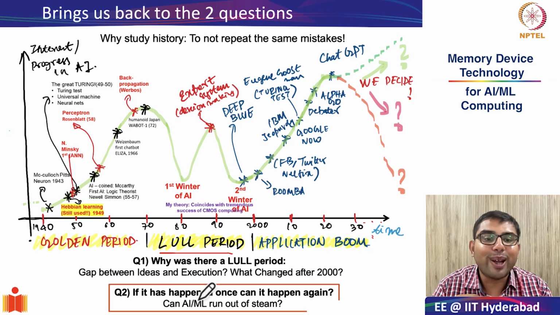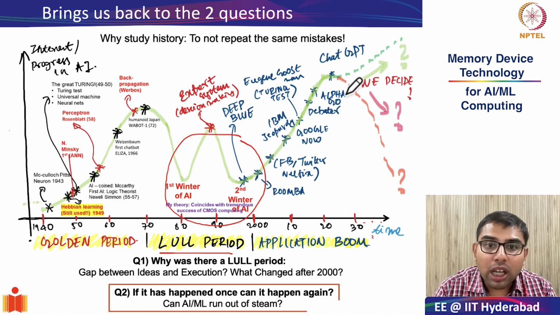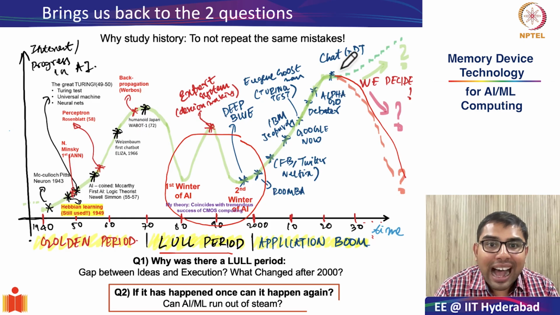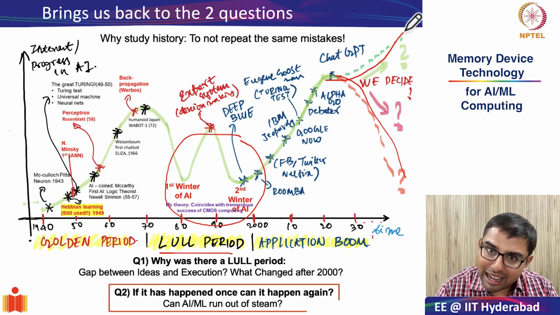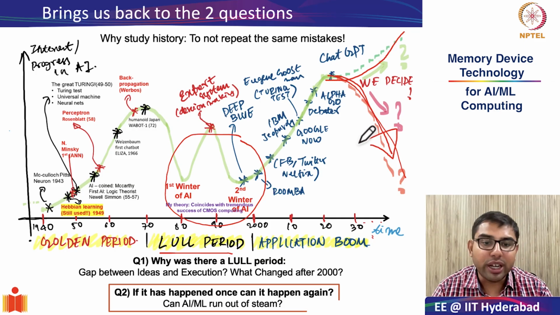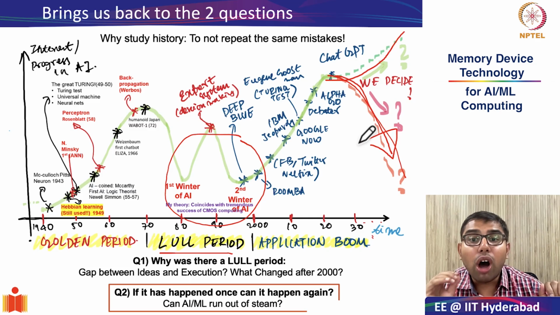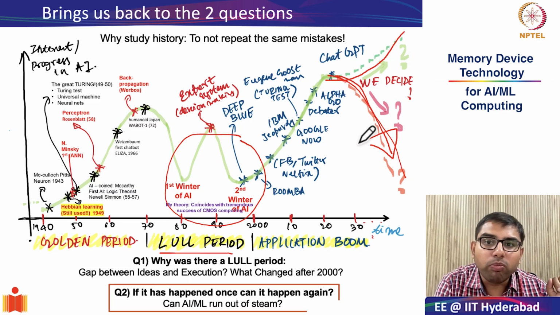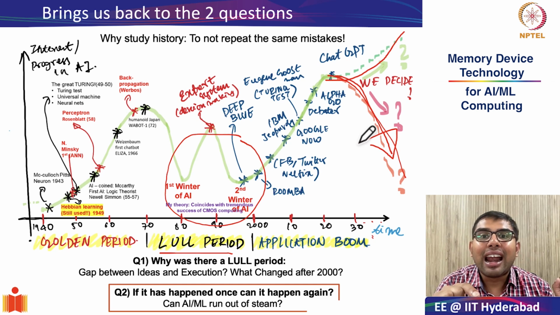The second question that we had also asked: if this AI winter has come once, can it come again? From the high of AI ML that we see nowadays, is the trajectory only up, or can there also be a second or third AI winter? Can AI really run out of steam? To understand this, we will look at the von Neumann bottleneck once again in the context of power consumption for highly data-driven AI ML tasks.